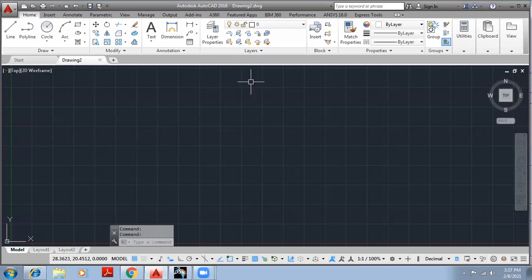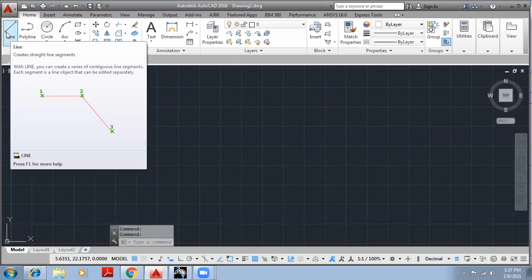So while working in AutoCAD, we have different options to create one object or to do a single thing. We have multiple options. Suppose I want to draw a line, I can use the particular Draw panel. Instead of this Draw panel, I can go through this command window prompt as well, simply entering the LINE command here.